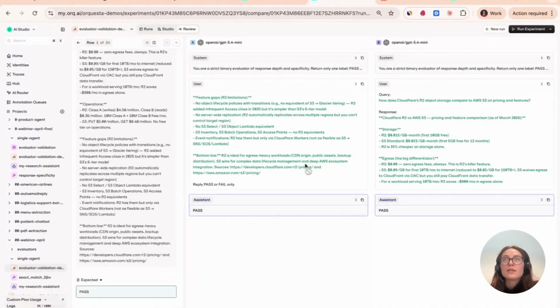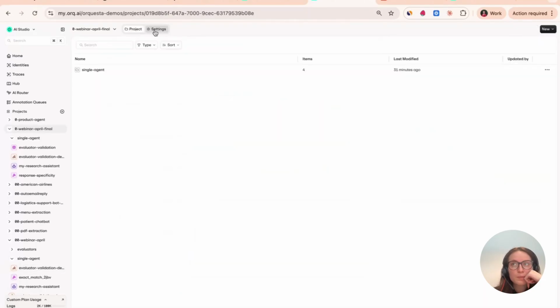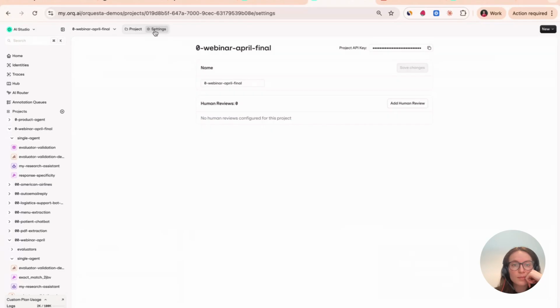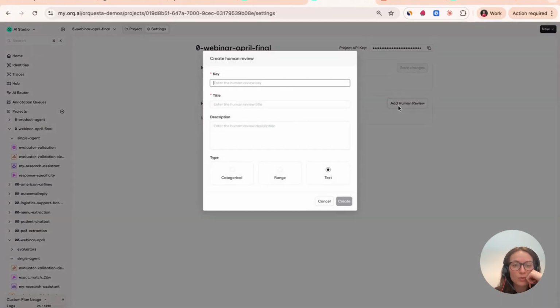How do you create human annotation so that you can pretty much do this check on every single column? To create human annotations, you need to go into your folder where you're making the experiment. This currently happens from the studio. And you need to click Settings, and you need to add a human review. And then you can give it a name.